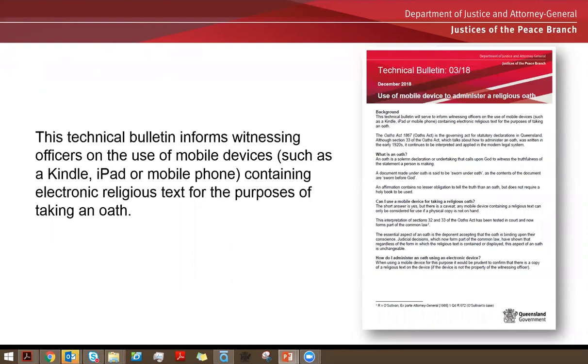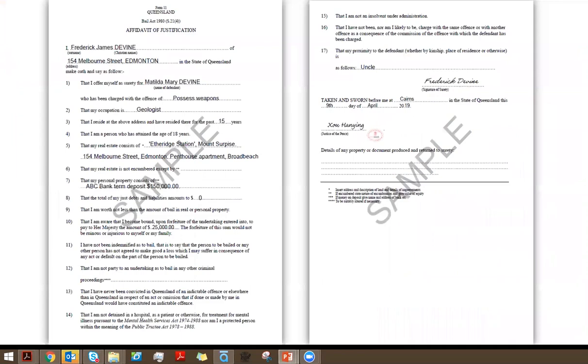Now we're going to take a look at some of the types of affidavits that you may be asked to witness. And when I mean types, I'm talking about the format, the look, the feel of an affidavit, and why this affidavit is being witnessed or submitted to a receiving agency. In this instance, all the samples I'll be showing you will be going to a court of law. So you can see that's why the affidavit is used, because it is in place of verbal testimony.